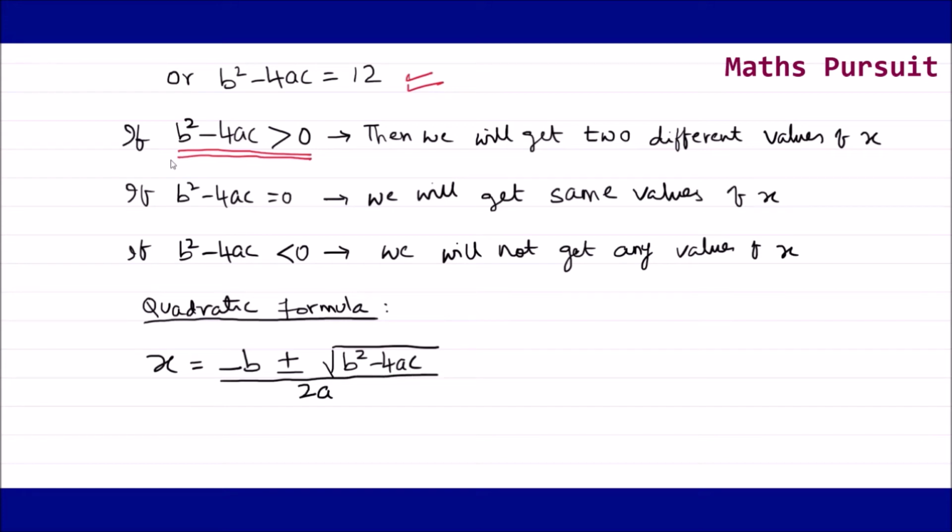So guys, we have all those things that are required. I'm going to replace those things here. Here x is equal to minus b, and the value of b in this case is minus 6. So I will write minus 6, then plus or minus root over b square minus 4ac. We got the value of b square minus 4ac as 12, so I'm taking root over 12, and then 2 into a. The value of a here is 2, so I'm going to multiply with 2.